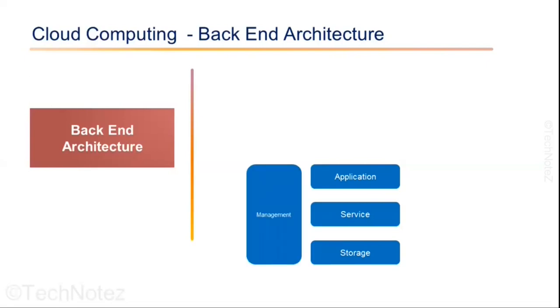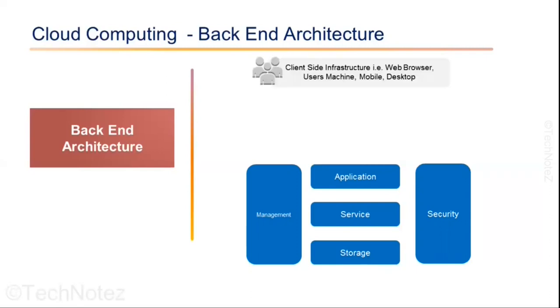Management layer coordinates between the front end and back end architecture in cloud computing system and oversees application, administration, and security of the cloud. Security in cloud is necessary in order to protect the assets and data of the business. Security in the backend means protecting the cloud system and data from unauthorized access.